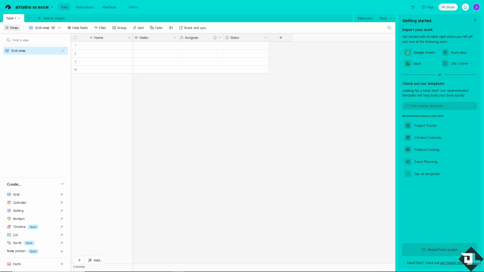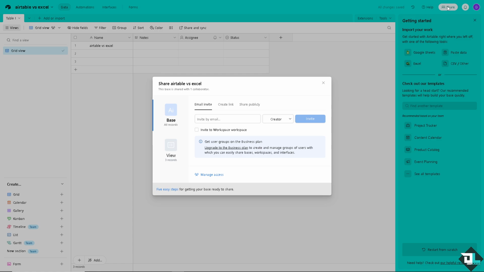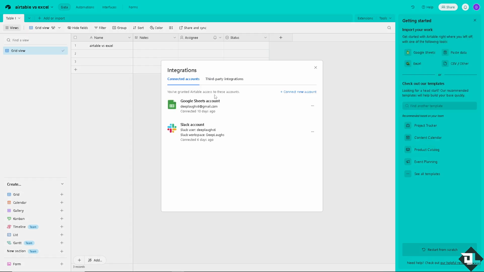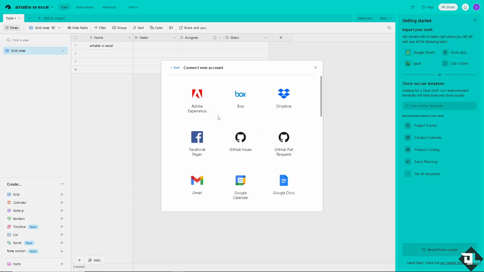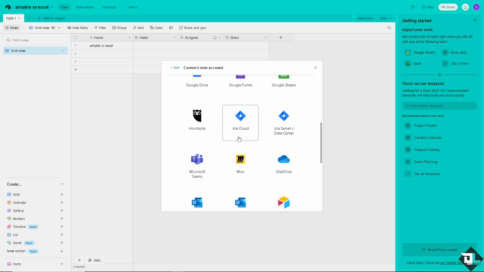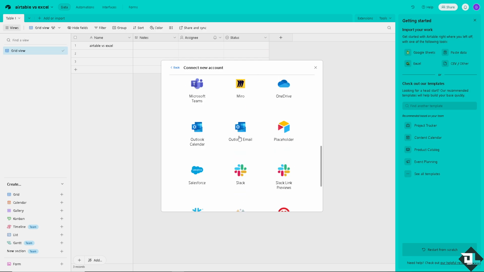In terms of collaboration, teams can work together in a real-time environment, adding comments, assigning tasks, and sharing updates. In terms of integration, Airtable connects with many other services like Dropbox, GitHub, Zapier, Google Drive, and Google Workspace, enabling automation and streamlining of workflows,